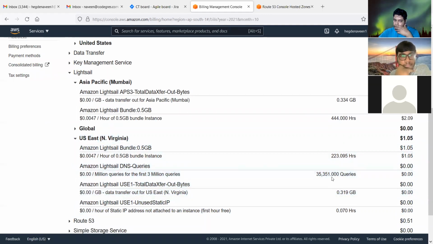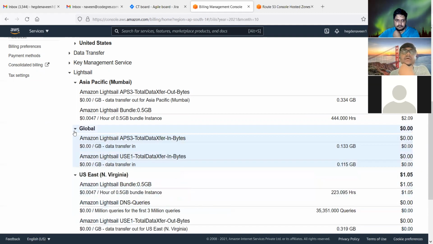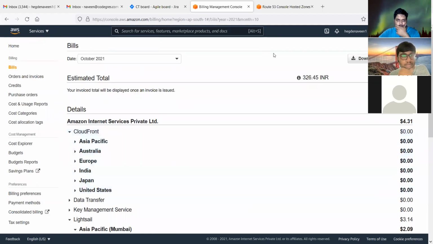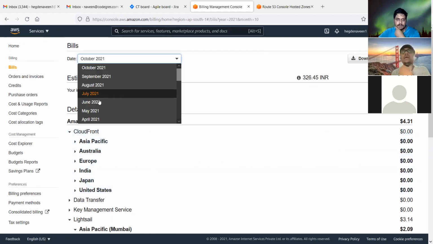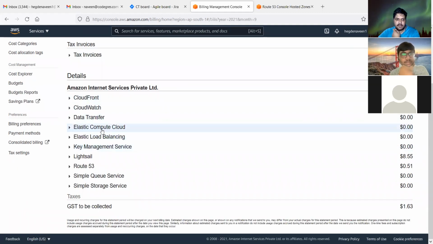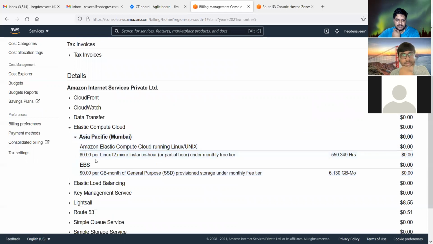Where is the name given? Because I will have named the instances something. Here you can go for monthly, etc. Here EC2, etc. shows the combined one.